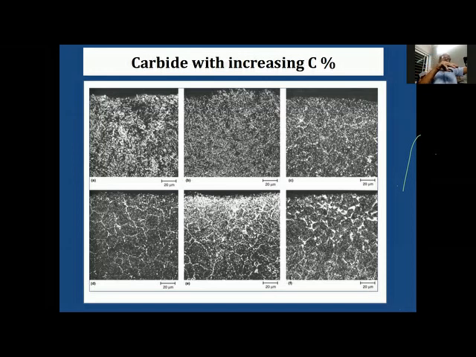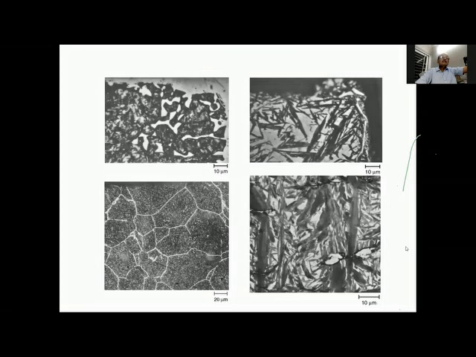The first two microstructures are generally considered as acceptable. The other four are not considered acceptable because they weaken the grain boundaries and there will be flaking off during the alternating stress cycles. Next, please. Next, please. This shows